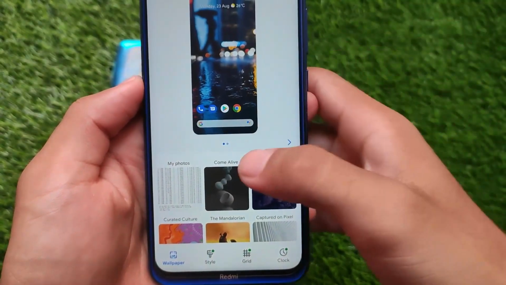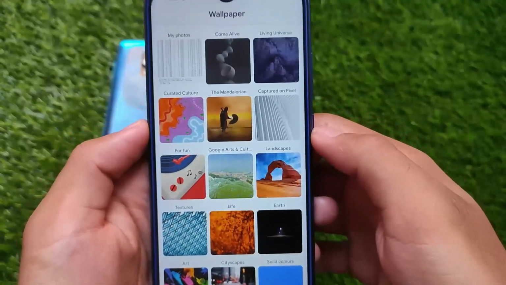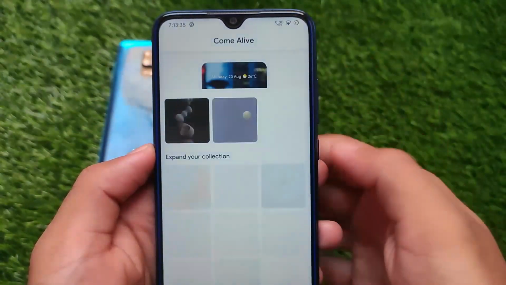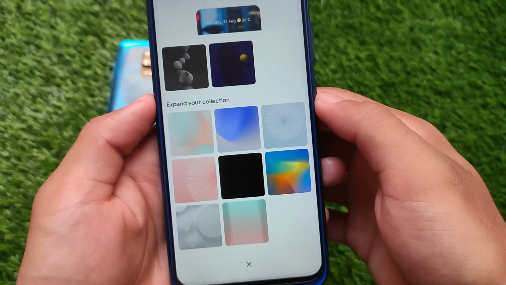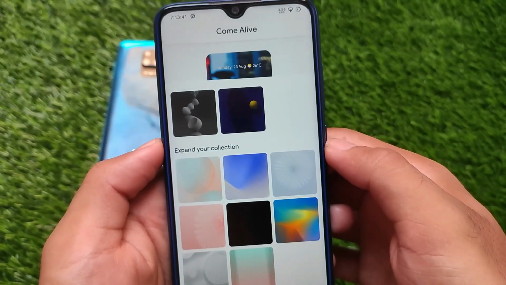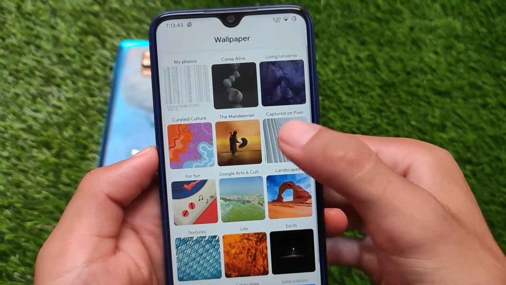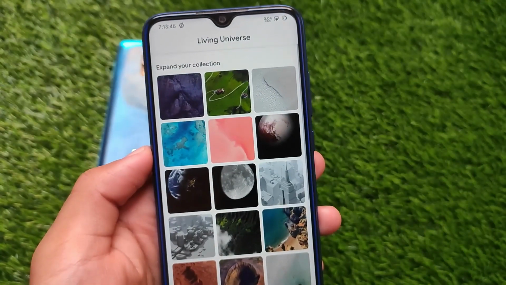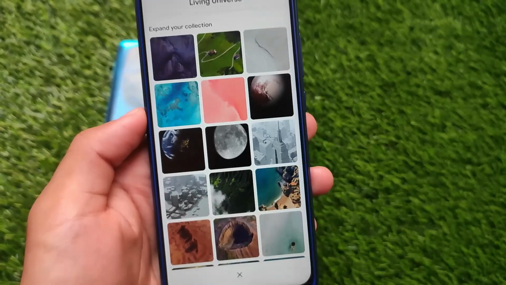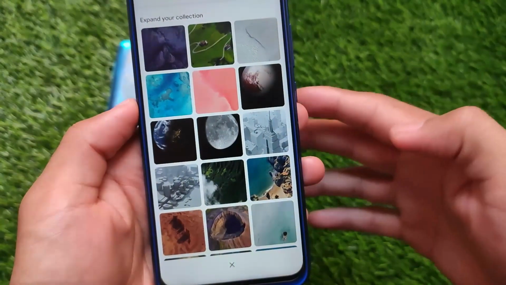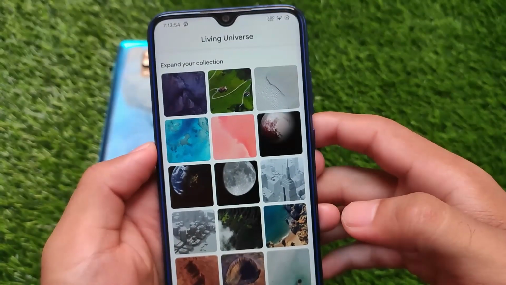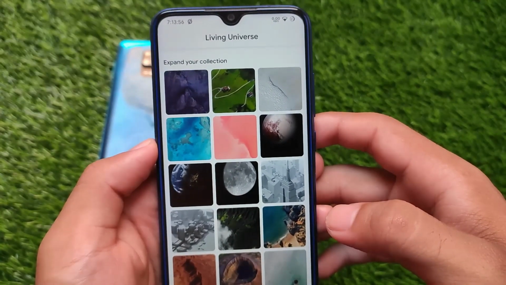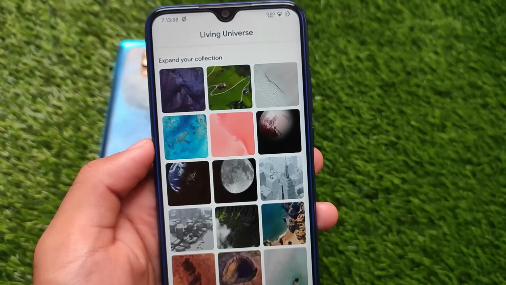Including this launcher and including this Google Pixel 5 model, you also get the live wallpapers, Google Pixel live wallpapers like Come Alive. This is a live wallpaper which is working perfectly fine. Depends upon which device you're using, there might be some lags there, but I'm not sure. If your device does not have any lags, you can use this. You also get some of these interesting live wallpapers. Some wallpapers I haven't tried, so I'm not sure if these will work or not, but you can enable or disable these things. If you don't want to install these live wallpapers, you can skip this section.